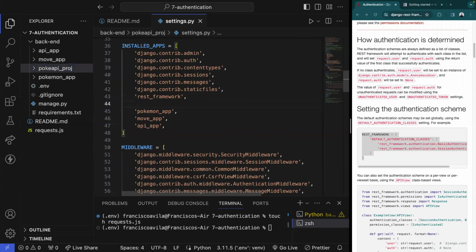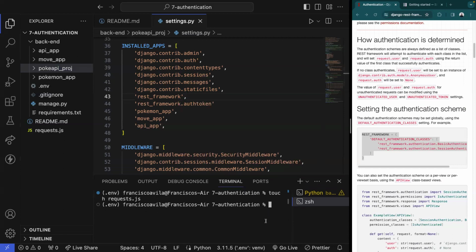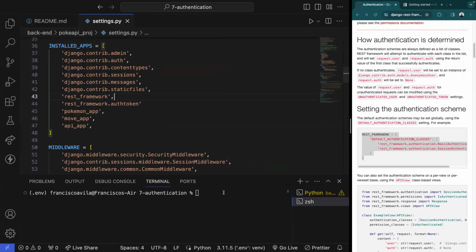After bringing in REST framework, I'm going to add rest_framework.authtoken. And this is going to bring in the auth token app. Now, what exactly does that mean? I have an app named auth token. Currently, I haven't made any changes in any of my models. But if I run python manage.py